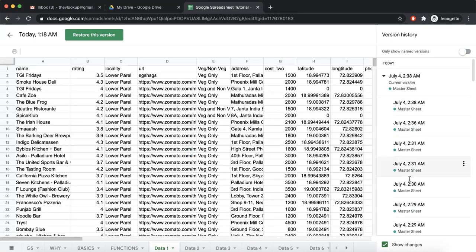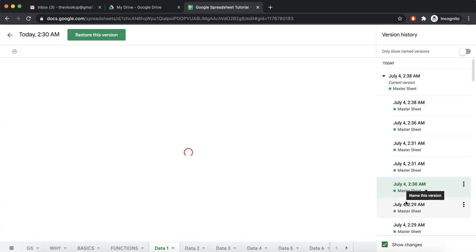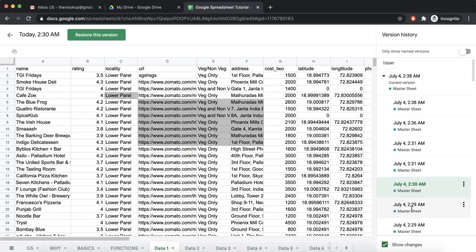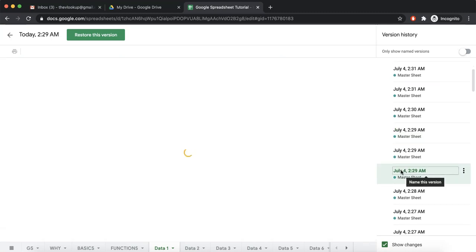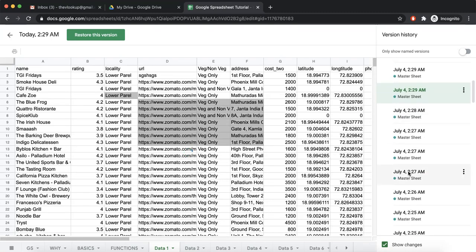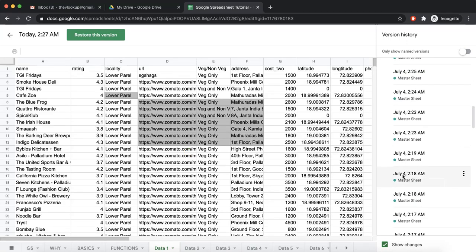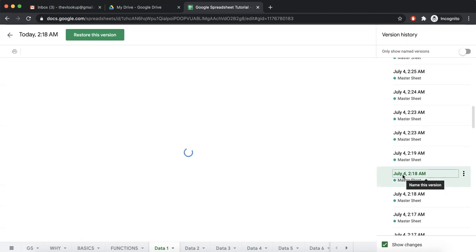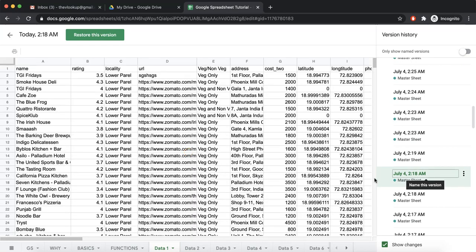So let's click over here. Let's click over here. This one is still the same. Okay, now you see at 2:18 a.m. there was no color on the range.